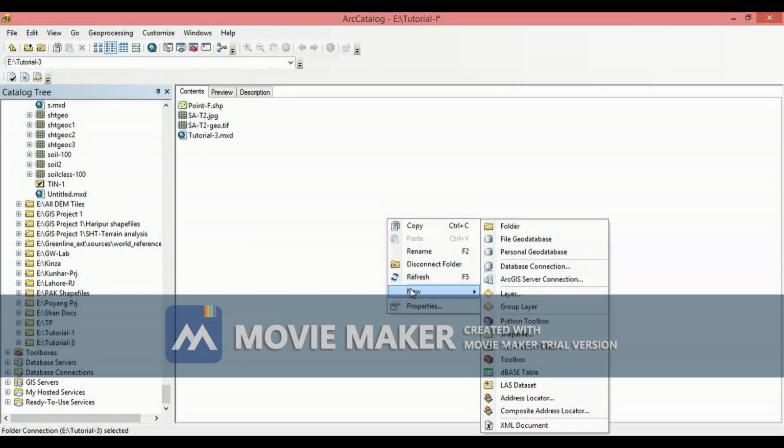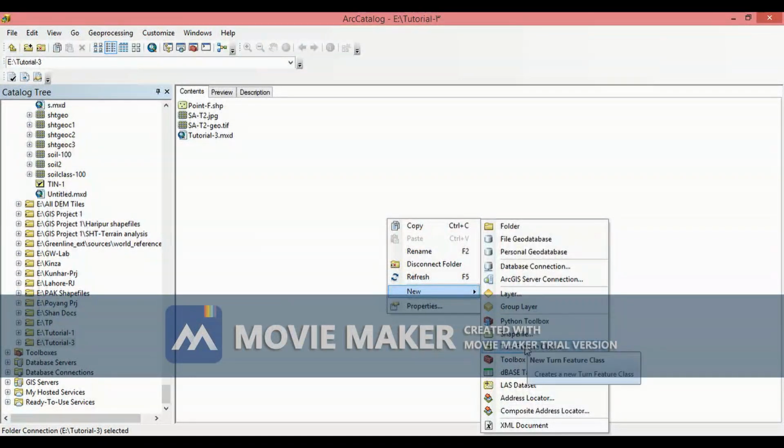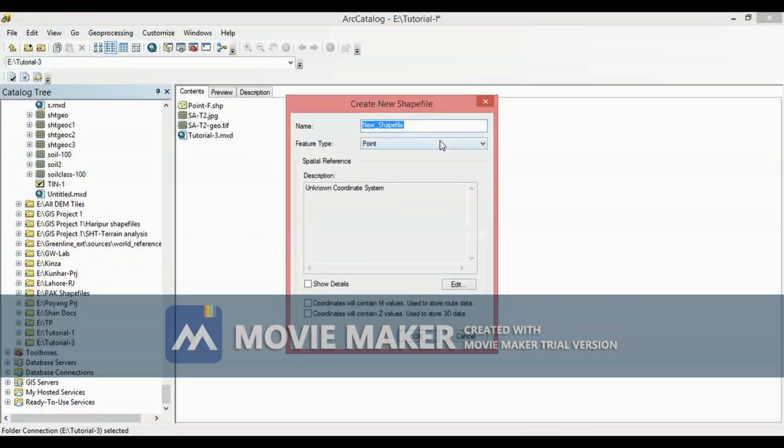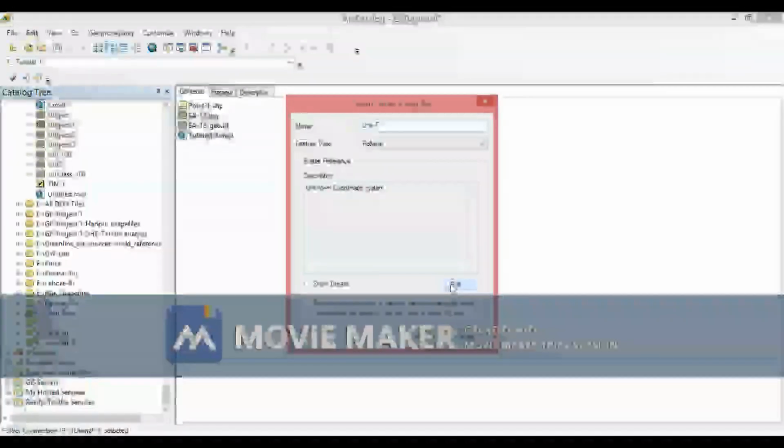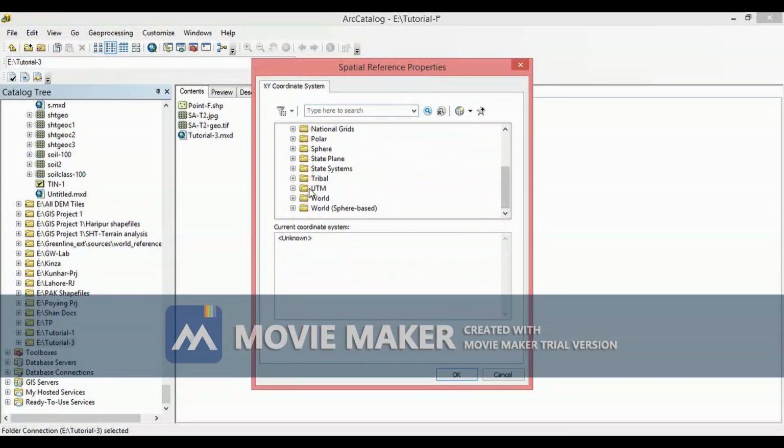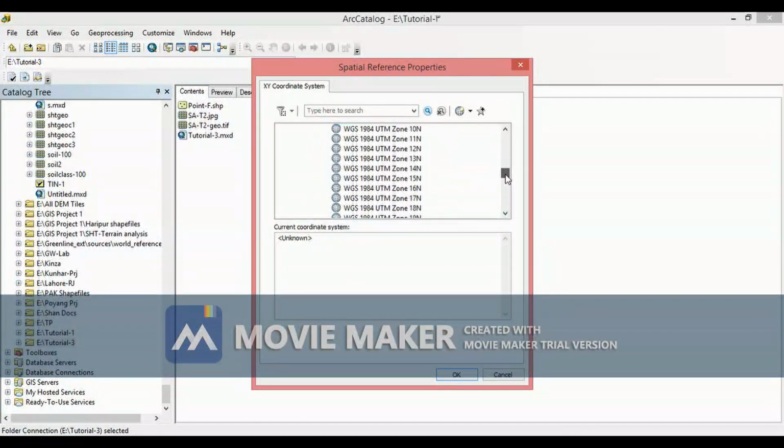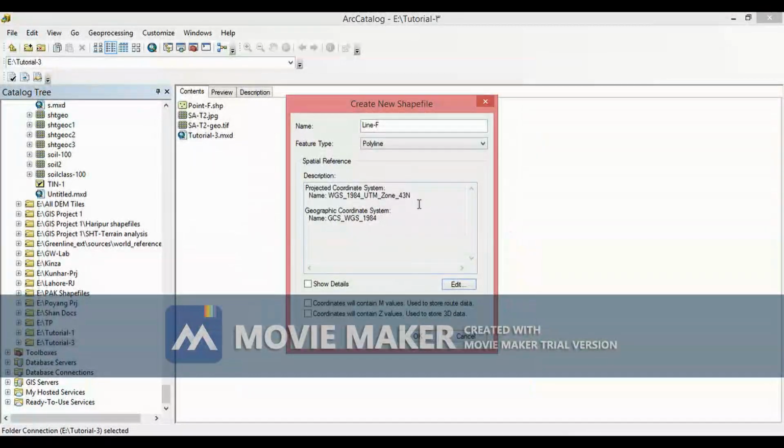Now you have to follow the same process. Right click on the content area, go to New, and then left click on the shapefile. Now you have to choose the polyline from the drop down list, and you can write here any name which you want to keep related to your shapefile. You have to choose again the coordinate system which you used in the same project. You will use the same coordinate system for the alignment of all the layers of this same study area. If you by mistake choose the wrong coordinate system, your data will not be created properly, not georeferenced. You cannot create even a geodatabase